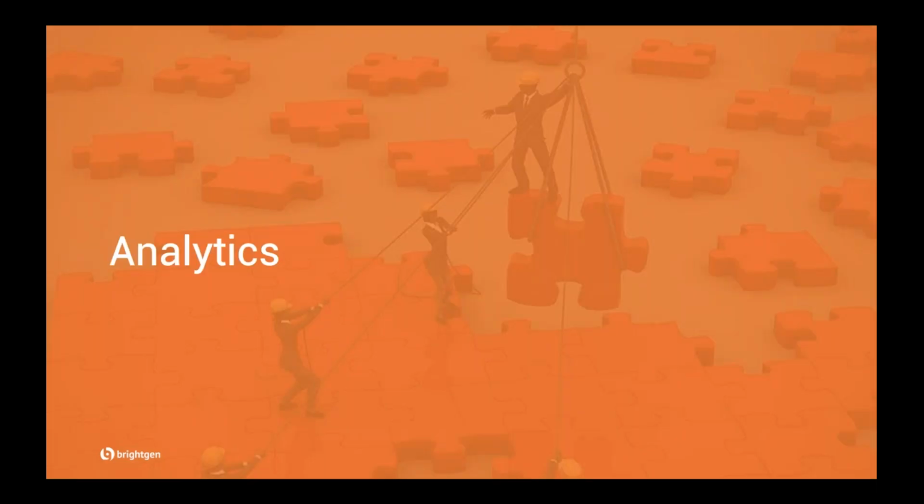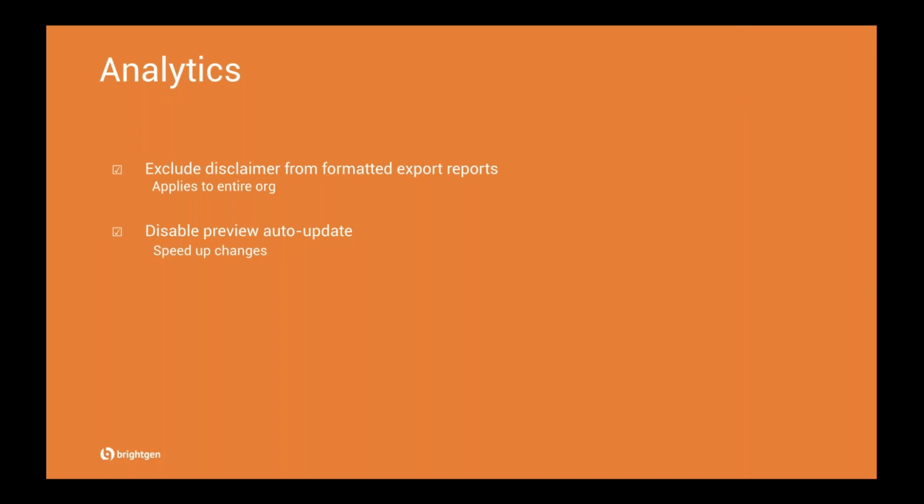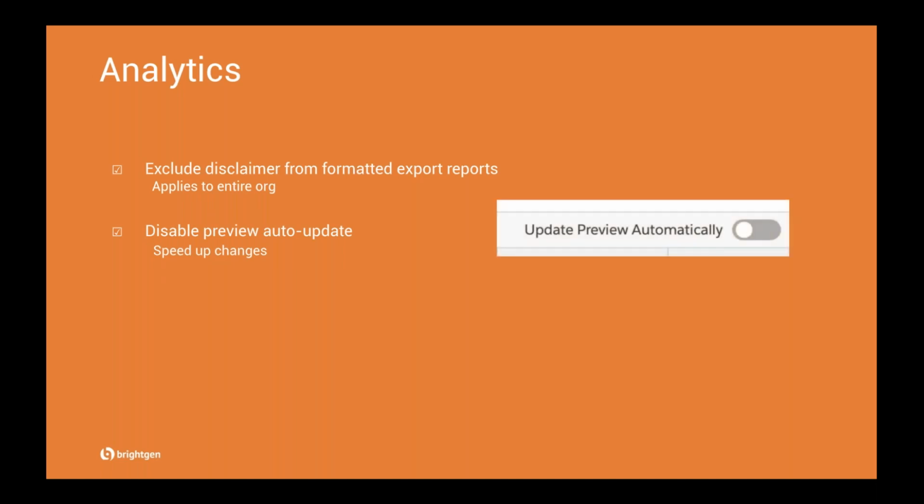Next, analytics. You can exclude the disclaimer from formatted export reports. This applies across the org, so you can't use it on specific reports, unfortunately. It's all or nothing. And also, when editing a report or creating a report, you can choose to disable auto